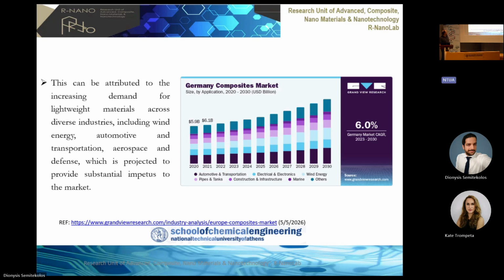You can see here an indicative graph of this growth for Germany, which is typical for the entire world. You can see that there is an increase for almost every sector where you can find composite material. And this can be attributed to the